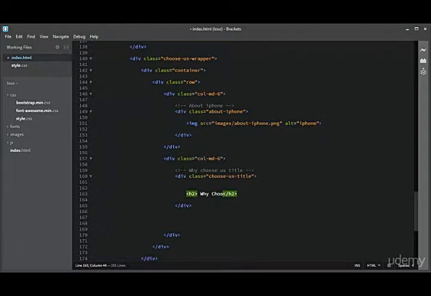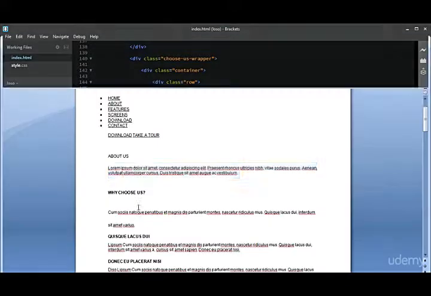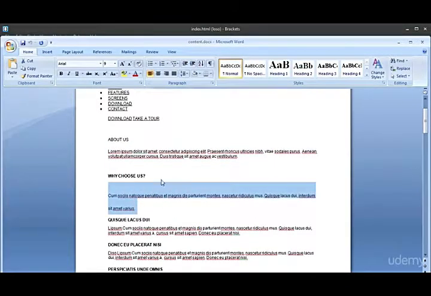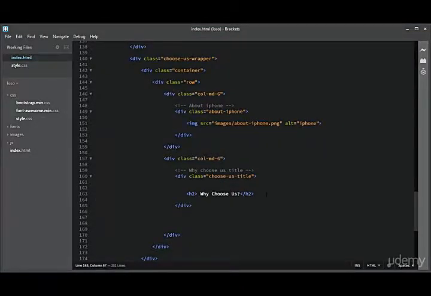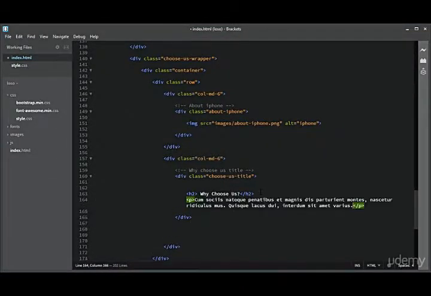for why choose us, and I will add some Lipsum dummy content from here. For the p tag, let us add some further description. Why choose us description,